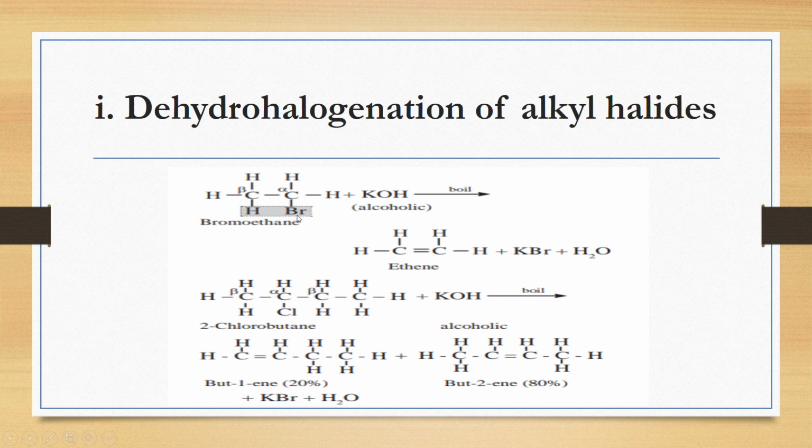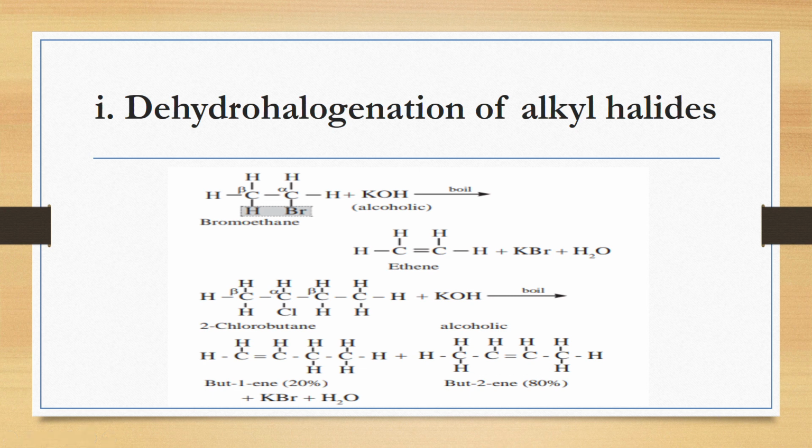Bromine will get combined with potassium forming potassium bromide KBr as the inorganic product. Hydrogen will take up OH group from KOH and will form water. So now valencies of alpha and beta carbon will be vacant, which will get completed through formation of carbon-carbon double bond, and thus bromoethane is converted into ethene.